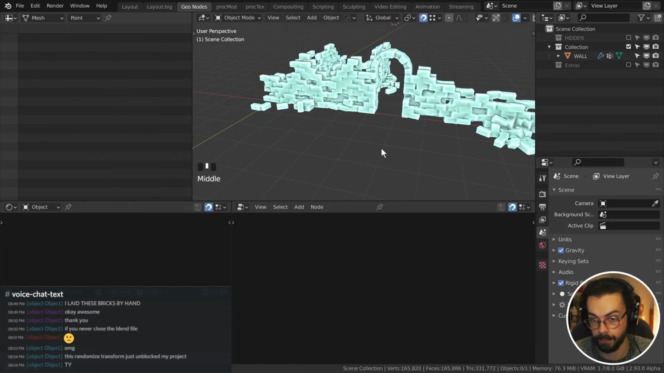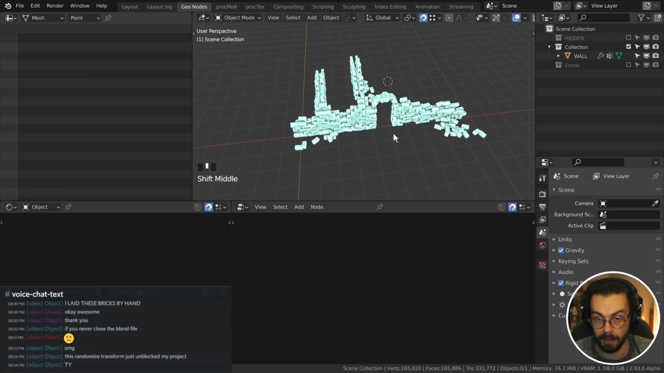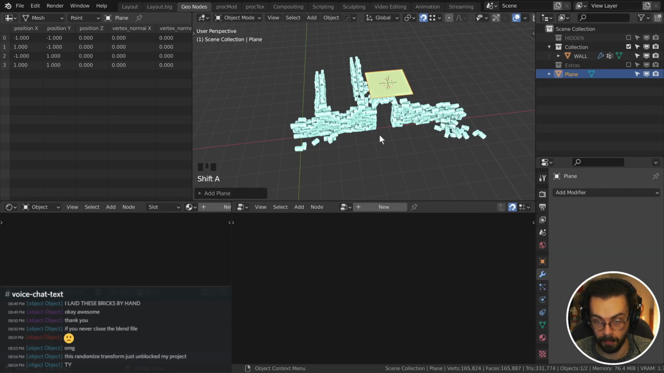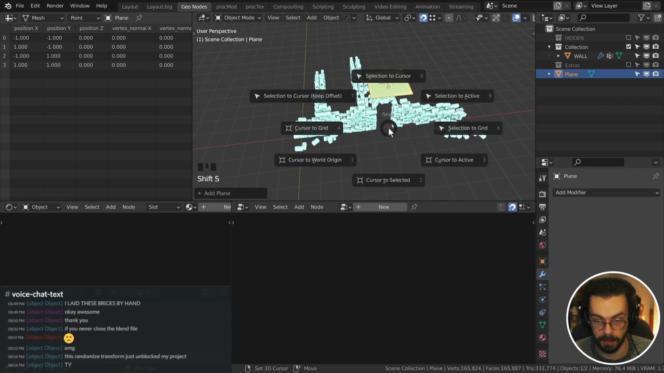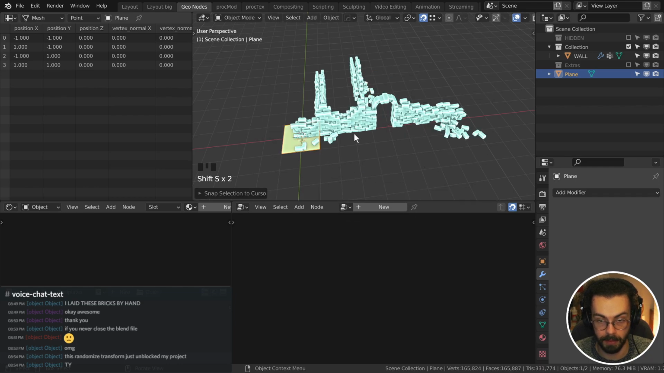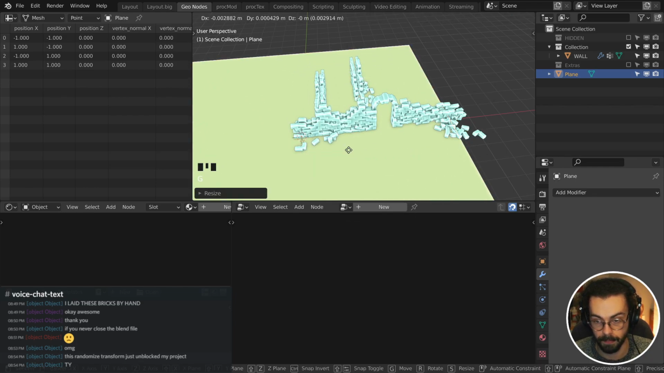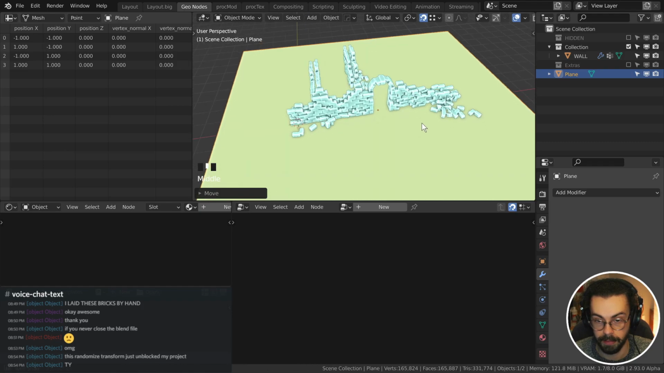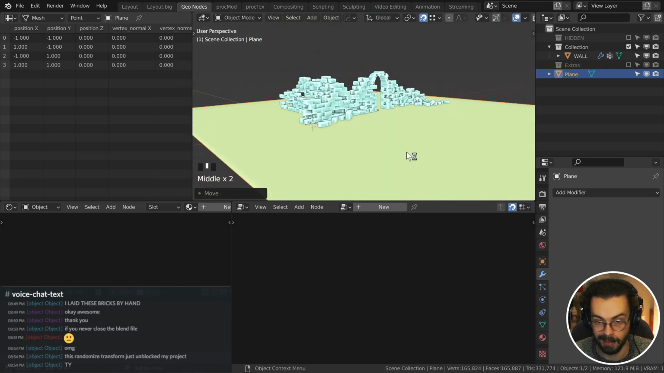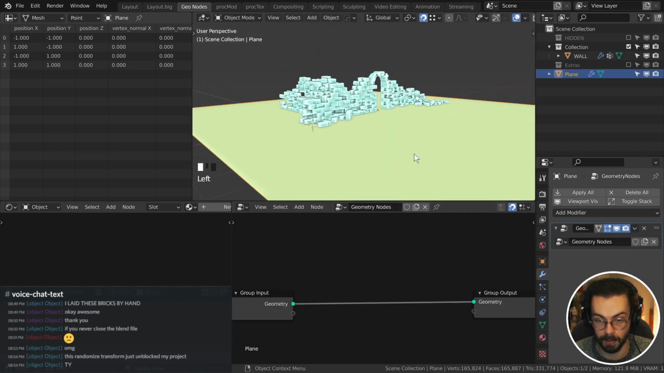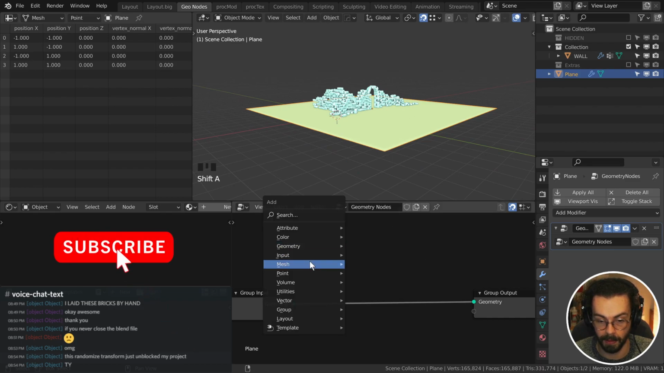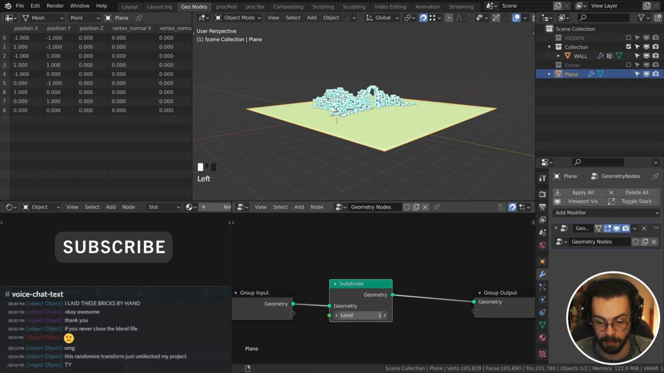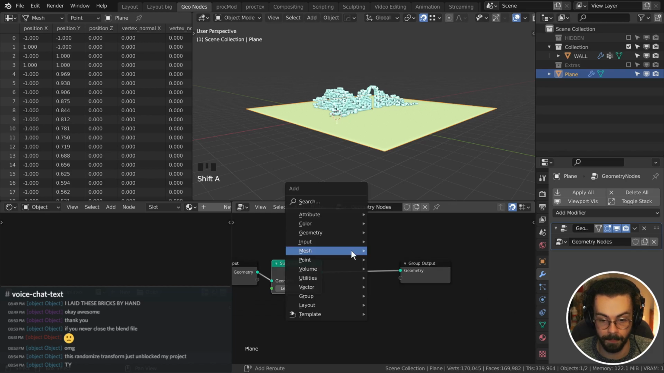There we go. So let's add a ground plane. Shift S, cursor to world origin, selection to cursor. And I'm actually going to add a new geometry nodes tree just for the ground plane. We're going to add a mesh, subdivide, give it loads of subdivisions, and then we're going to do